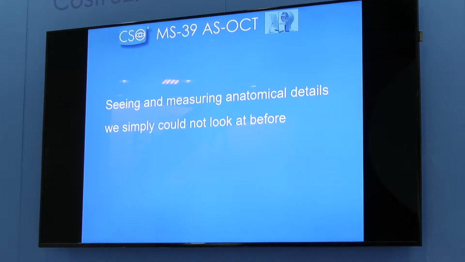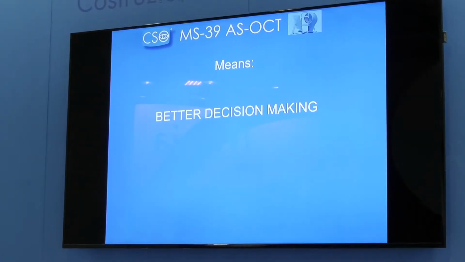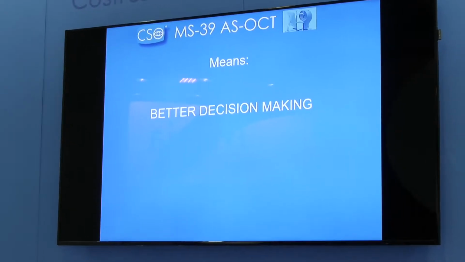So seeing and measuring anatomical details in a detail that we didn't have before is really a plus, and that means clinically better decision